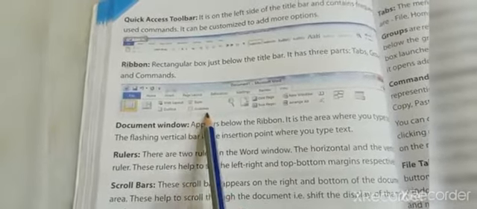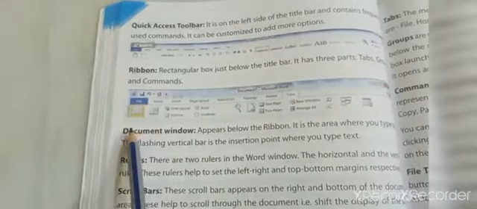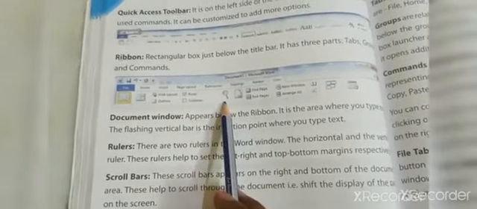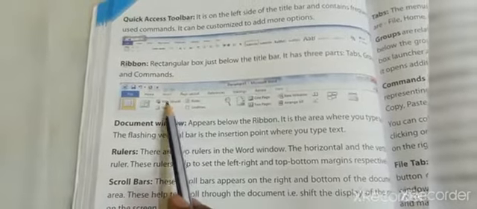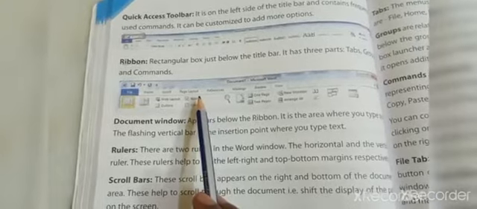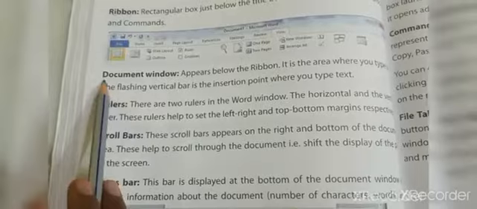Just below the title bar, this whole portion is called the ribbon. It is one of the most important parts and holds all the menus, commands and icons used to perform different tasks.